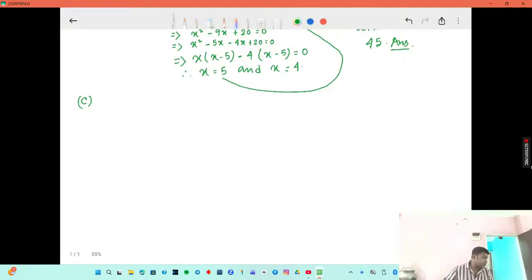Here the question is given as: two whole numbers are in the ratio 3 is to 2. If the sum of their squares is 52, the numbers are. So here the question is given as two whole numbers